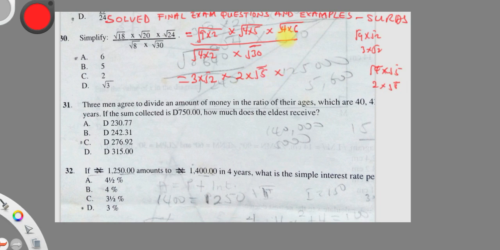And then here, what do we get? We get the square root of 4 times the square root of 4 times the square root of 6. The square root of 4 is 2. 2 times the square root of 6. Okay. So we have 2 times the square root of 6. Yes. So then divided by, we have